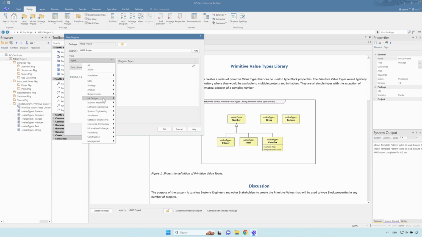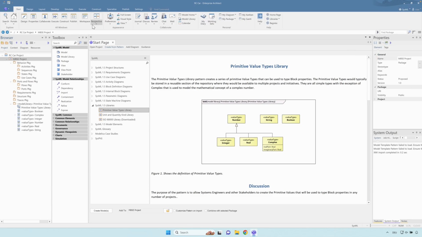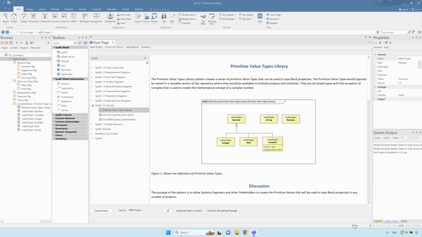Okay, it's not working now. And here you see SysML, or you can change this in general. You see it, for example, here. You can click on that and change the perspective to SysML. You can, by the way, also do this here. There are several options to do so, and you see also that SysML is selected here. Okay, anyway,